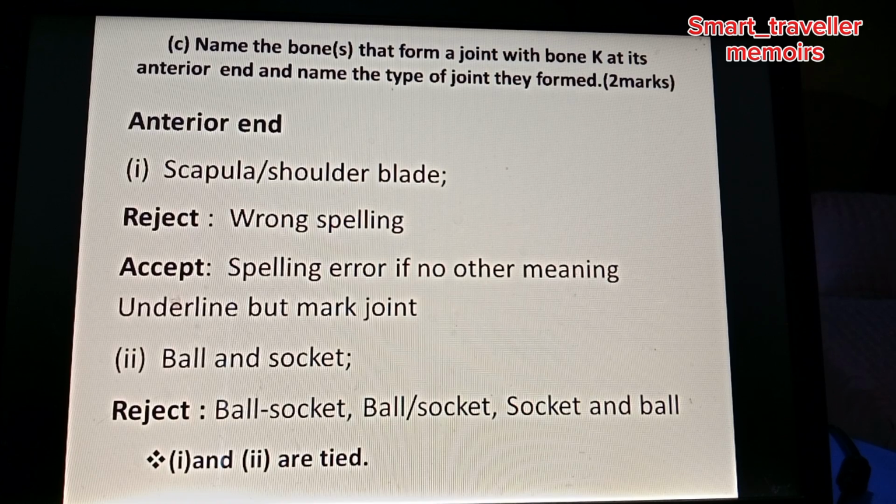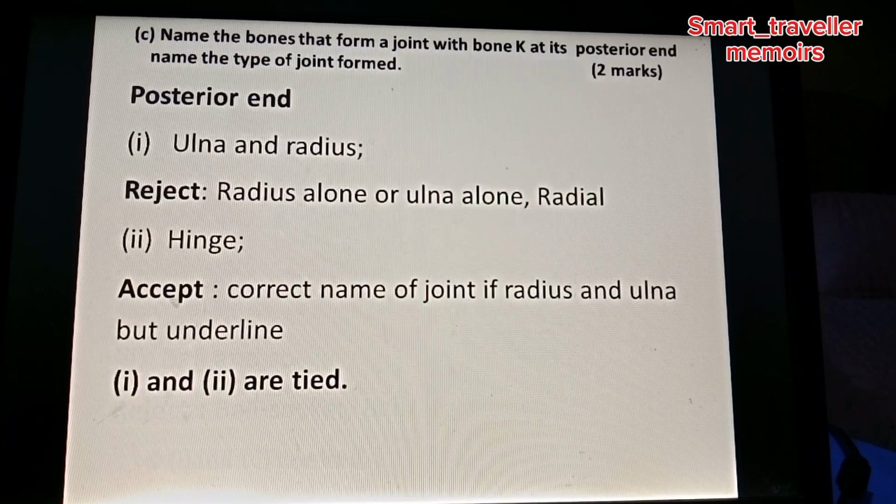But mark joint. The joint is called ball and socket, but you reject ball hyphen socket, or ball stroke socket, or socket and ball. All those are rejected. Roman 1 is tied to Roman 2. Posterior head,